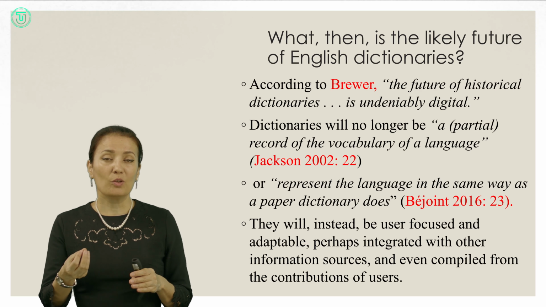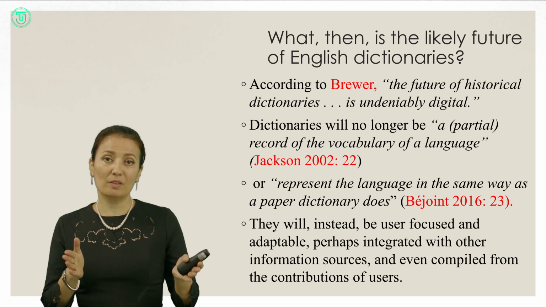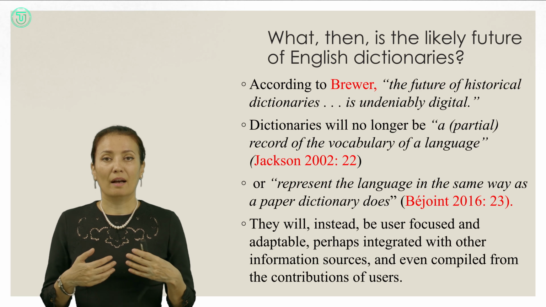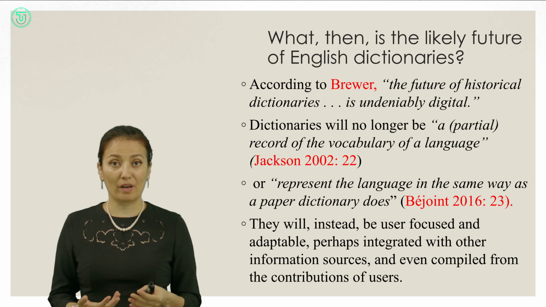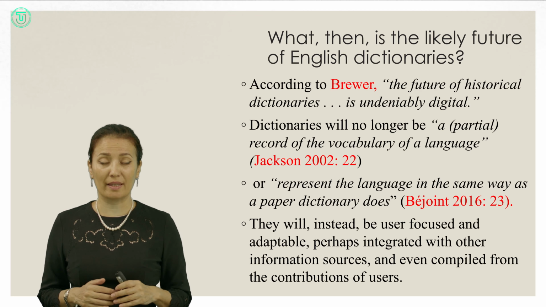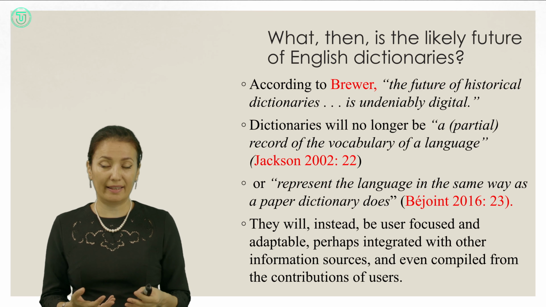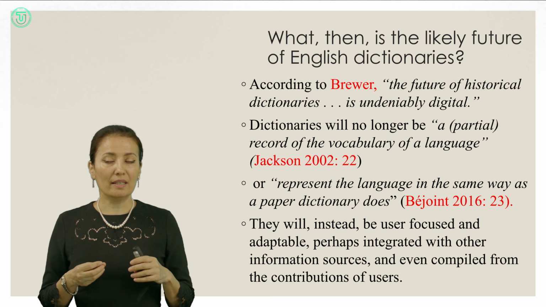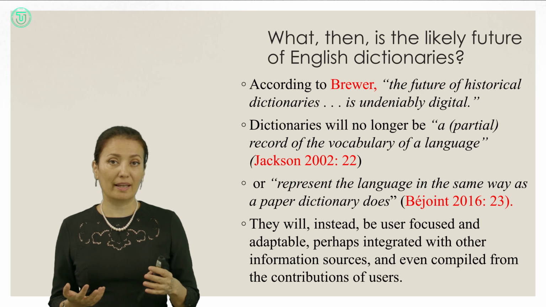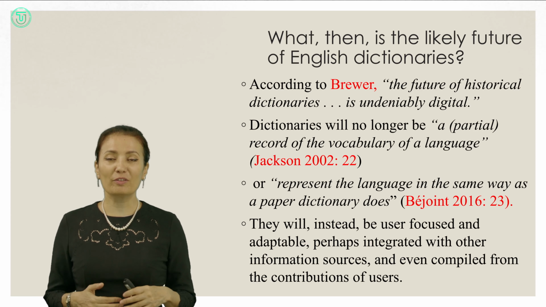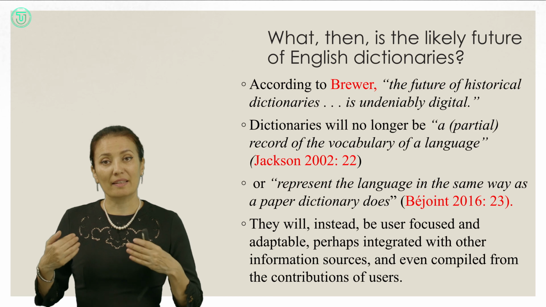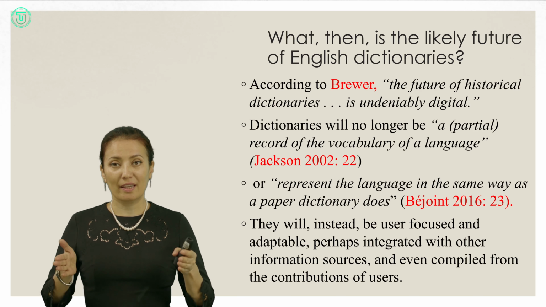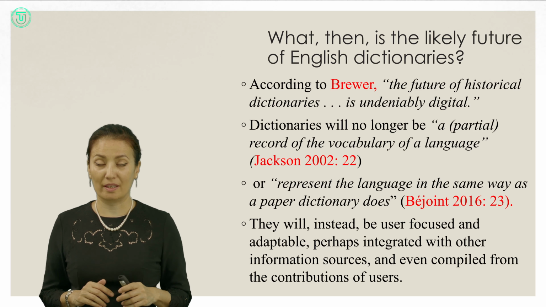For example, the new word Trumpification. Trumpification is a process which happened in society, in the political life of people, with the election of Trump as the president of the USA. In mass media this new term appeared, and I searched some online dictionaries, and this new term is already in the dictionary entry. It means the process which the president of the USA introduced in the political and social life of the USA.